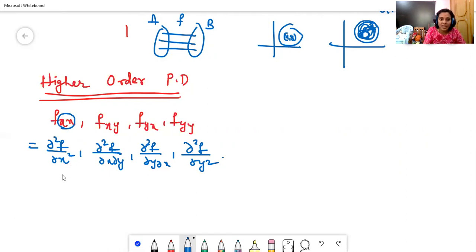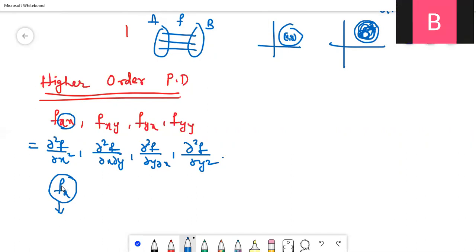This is higher partial differentiation. First we take the difference of the function for the x variable, then again take the difference for the x variable, that is fxx. This is how we can define higher order partial differentiation in a theoretical way. Next, we can discuss problems on partial differentiation.